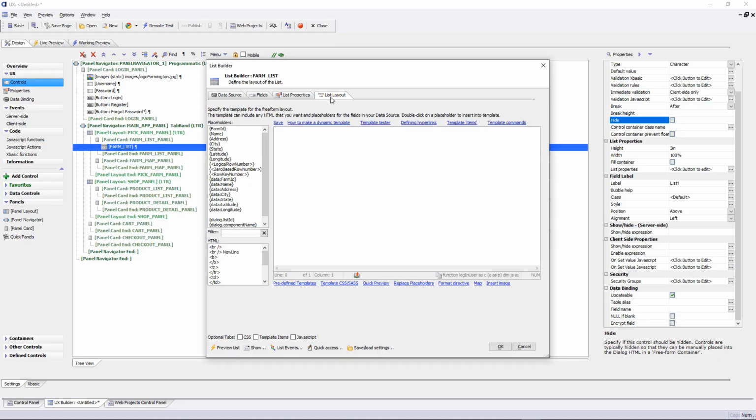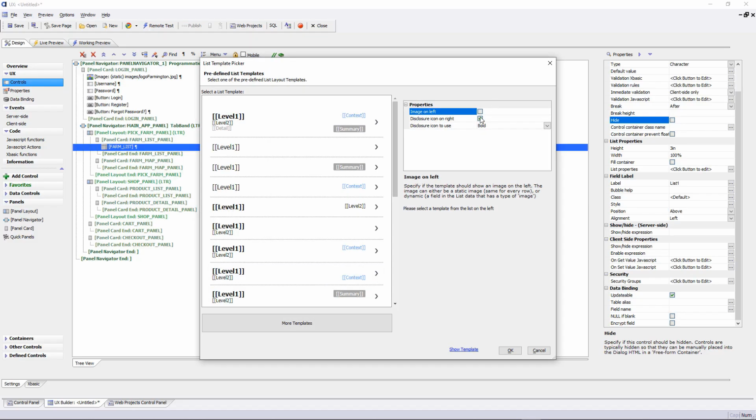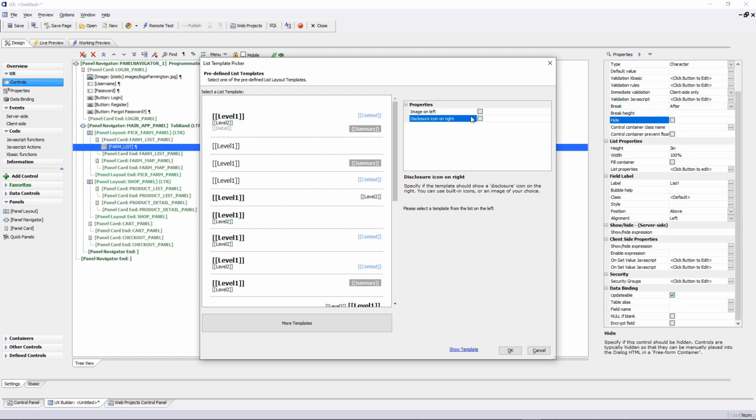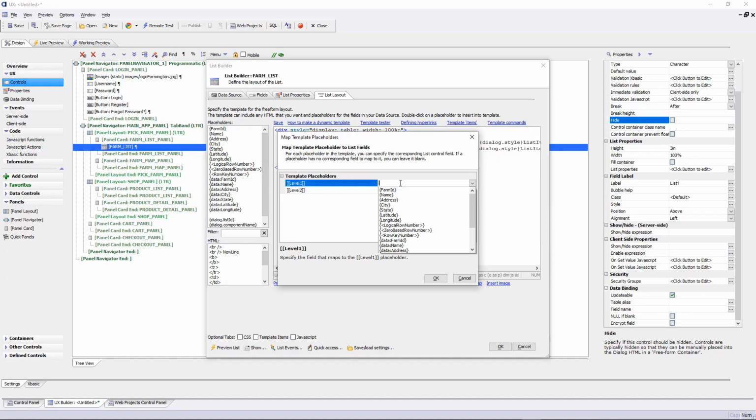We're going to go to the list layout, and we're going to insert a predefined template. And the template I want to use is the level 1, level 2 template right here. I just want to display the farm name and their address. So I'm going to select this one. I'm going to turn off the disclosure icon on right, and I'm going to click OK. In level 1, I want the farm name, and in level 2, I want the address, the city, and the state. So a tip here is you can actually type in this box to create or to add additional fields